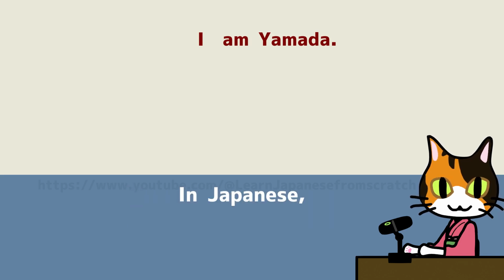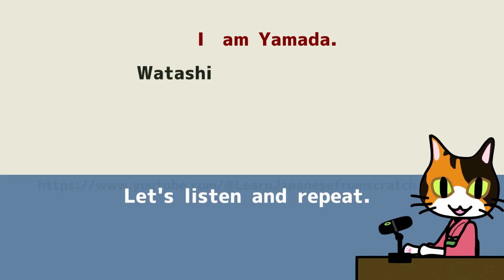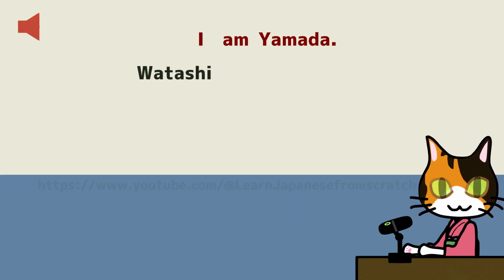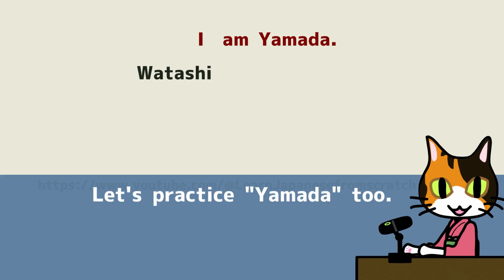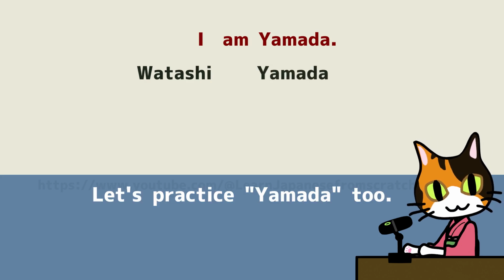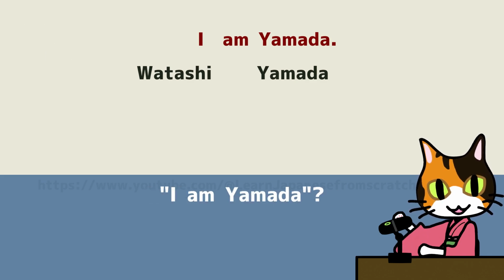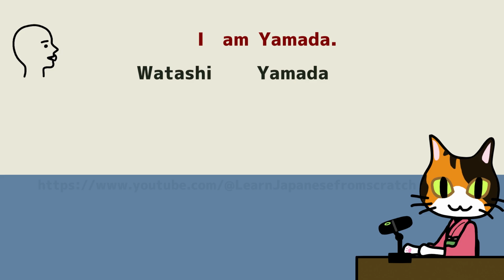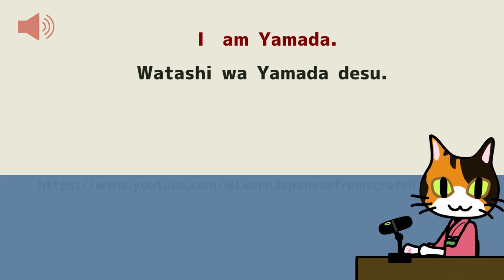In Japanese, I is 私。 Let's listen and repeat. 私。 Good. Let's practice Yamada, too. 山田。 So how do you say, I am Yamada? That's right. 私は山田です。